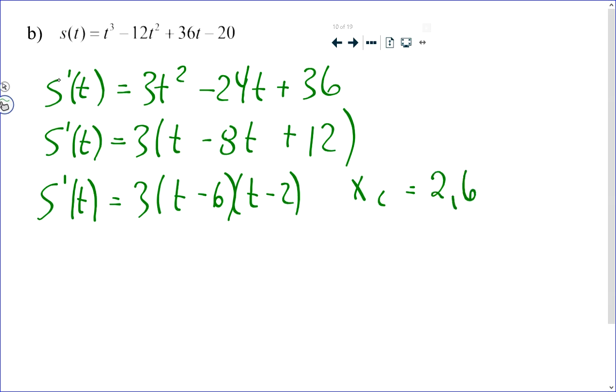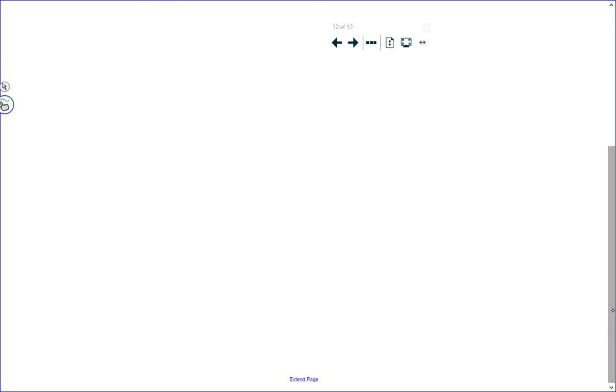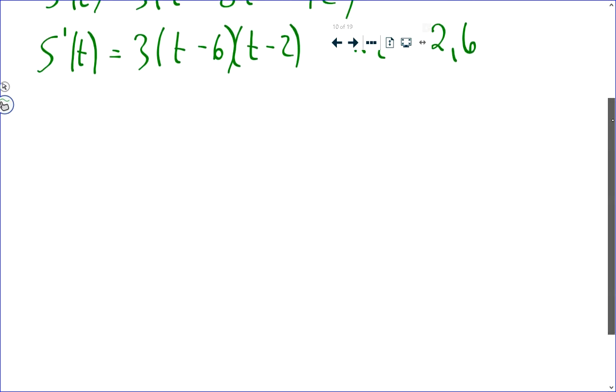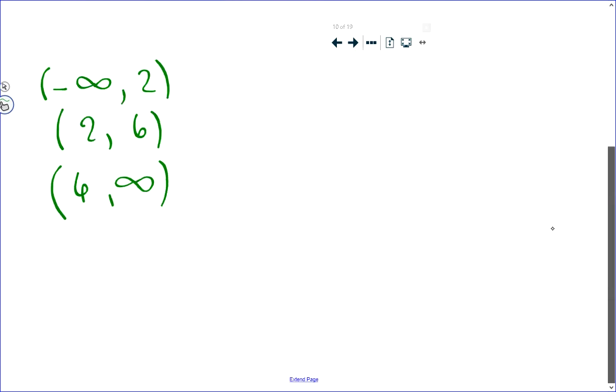So now I construct a first derivative table. My first derivative table is going to have an interval from negative 6 up to 2, from 2 up to 6. I apologize, I'm tired, I guess. I just said from negative 6 to 2. I meant to say from negative infinity to 2, then from 2 to 6, then from 6 to infinity. Notice that if you have two critical values of x, you get three intervals. Across the top,